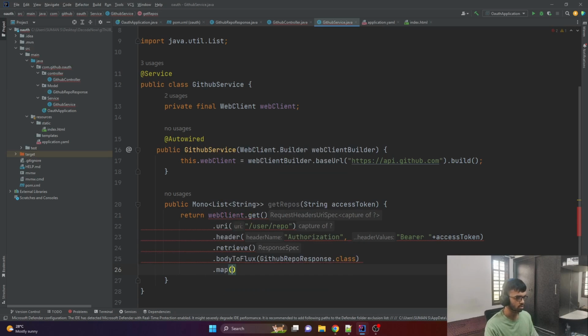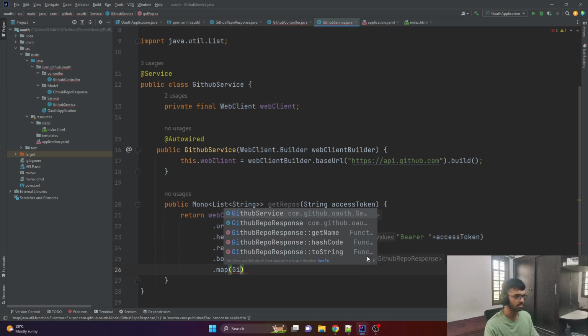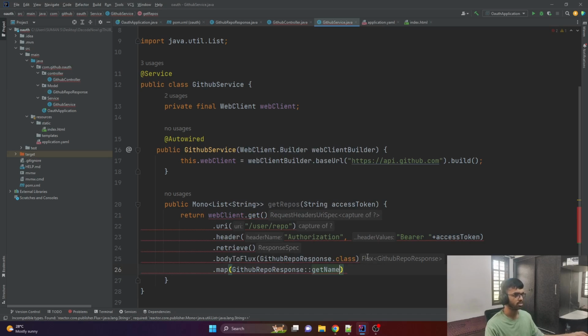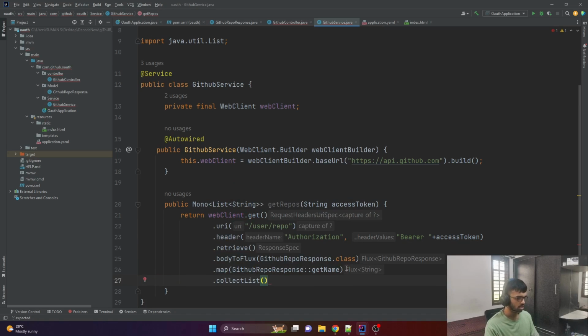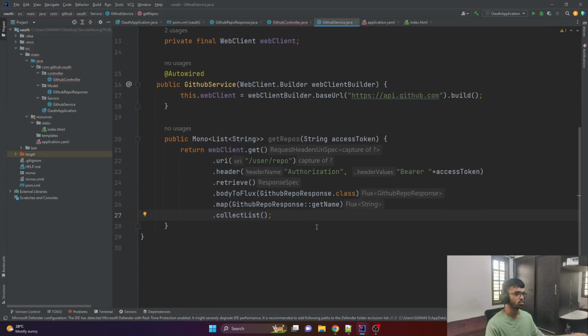So here what are we doing? We are mapping the GitHubRepoResponse to get name. We just need one single field, which is the name, and we'll be getting it by mapping it to this GitHubRepoResponse model. And the next thing we have to do is just collect list and end it here. So basically